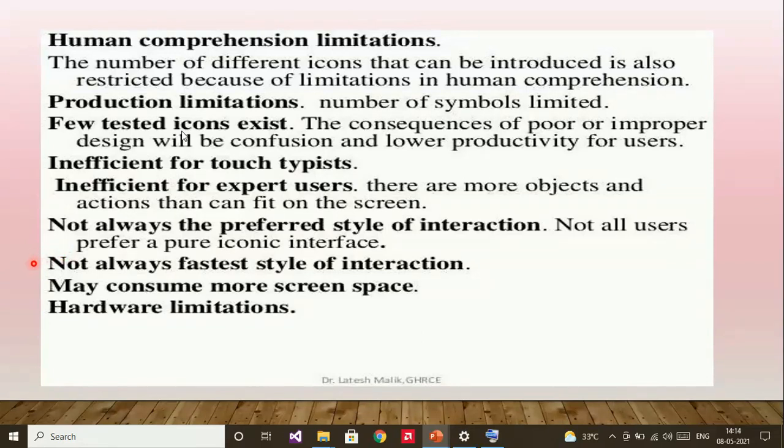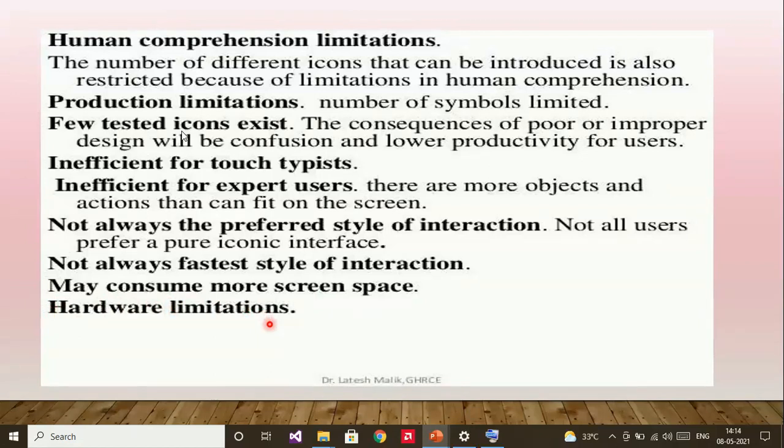And it may consume more screen space. Not all applications will consume less screen space. A listing of names and telephone numbers in textual format will be more efficient to scan than a card file. And there are certain hardware limitations also.